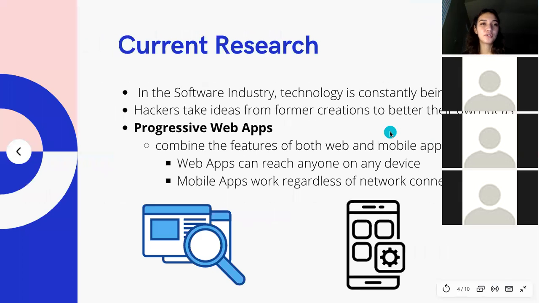And since I've gone over some advancements that have already taken place, I want to touch on some that haven't actually been put into the world as present as the ones that I've discussed, but are still underway. So in the software industry, technology is always being advanced, and the people who are making these advancements